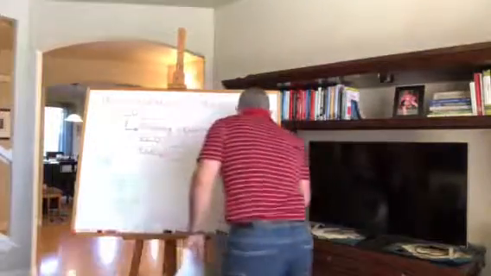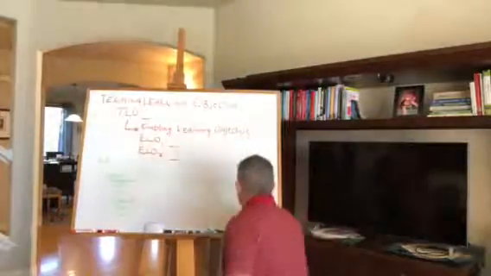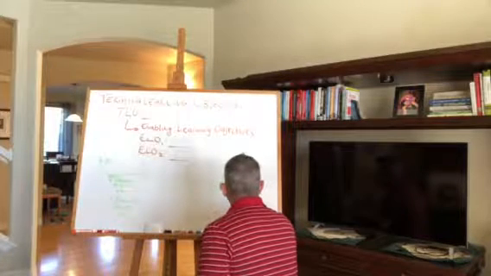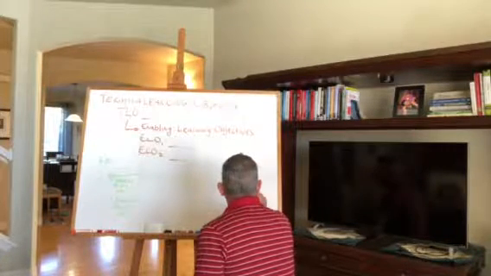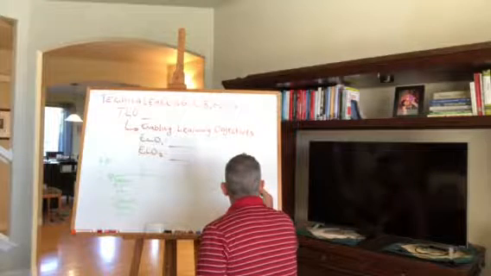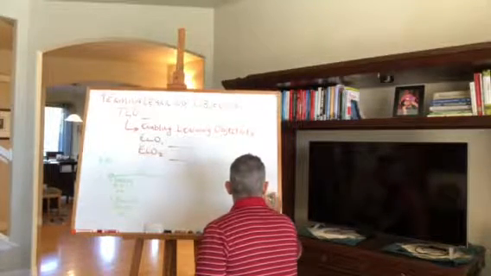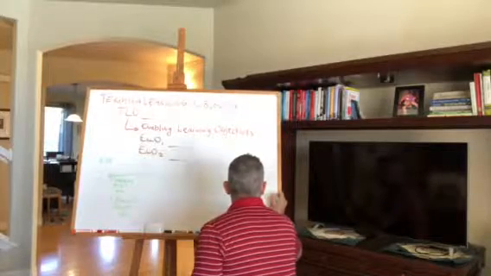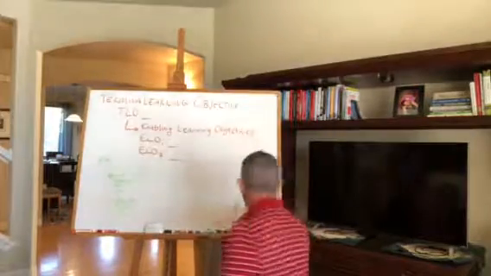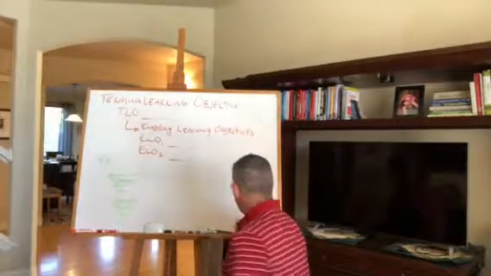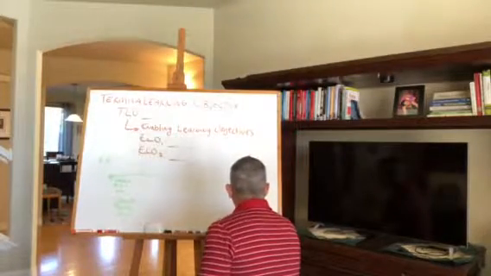One technique that I like to do, I'm going to write it down right here. I'm going to have to get down for this, my old knees. I use the 3-2-1 model. So think of 3 things you learned, meaning ask the students this, 2 questions they still have, and one